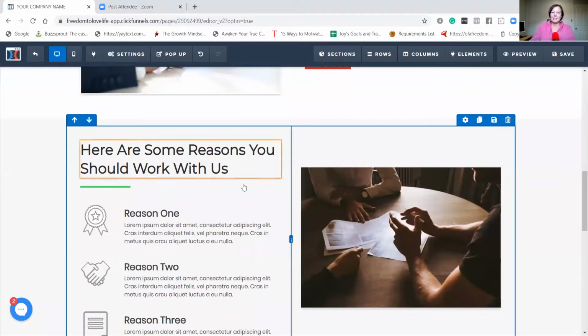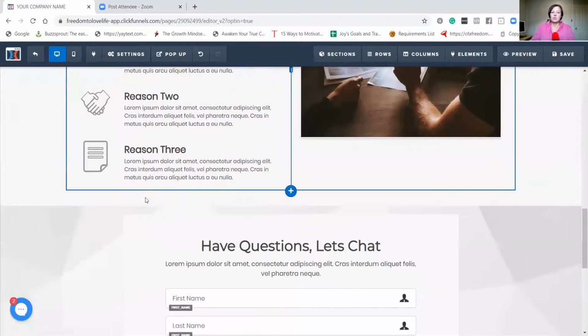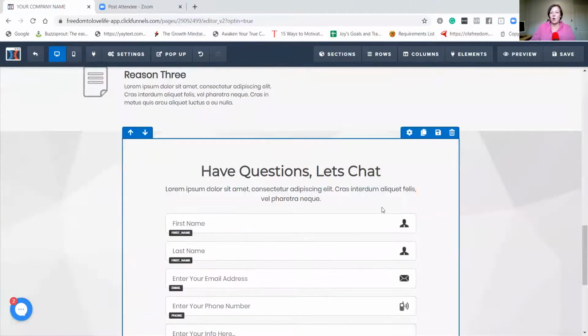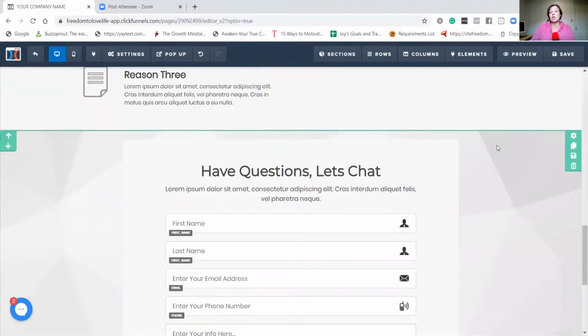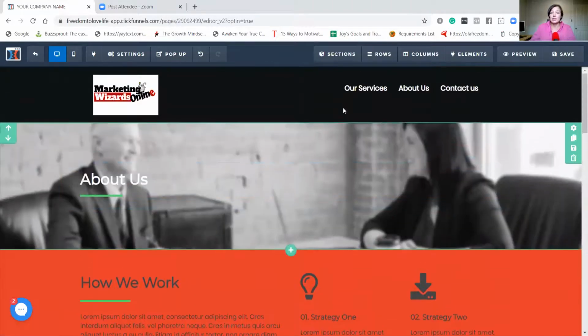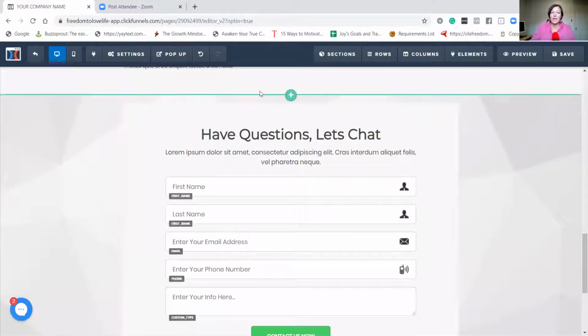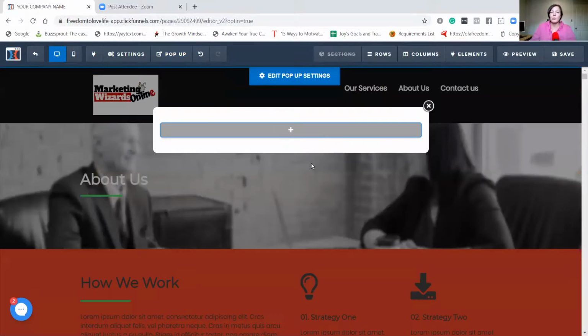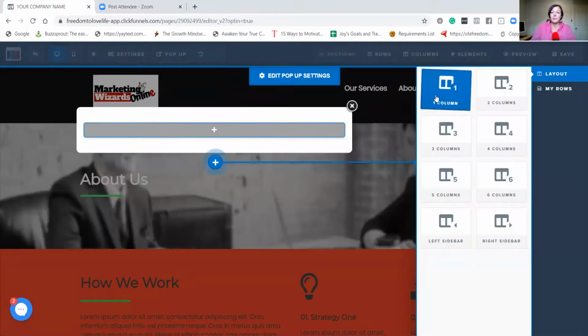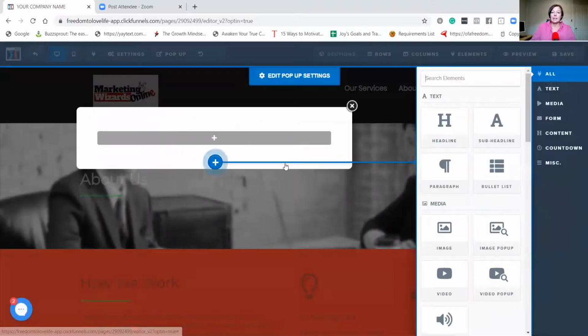And then you can see that here's some reasons why you should work with us. Reason 1, reason 2, reason 3. And you don't have to have this block on each page. What I would recommend, and which I'll probably do, is I'll have a contact page, because it's good to have a contact us page, and that will be in there. And then what I will do as a pop-up, I will go and add in a column where they can then go and